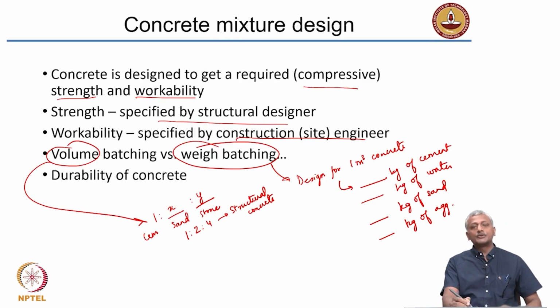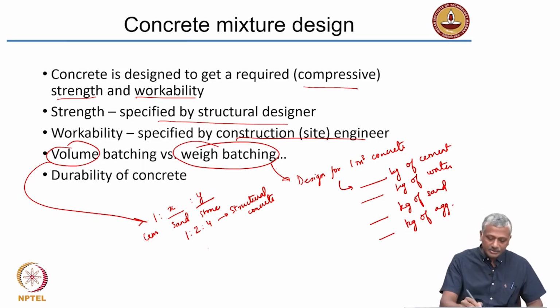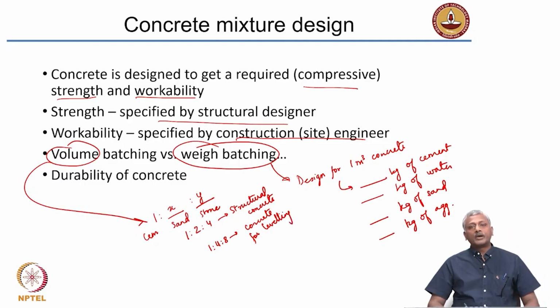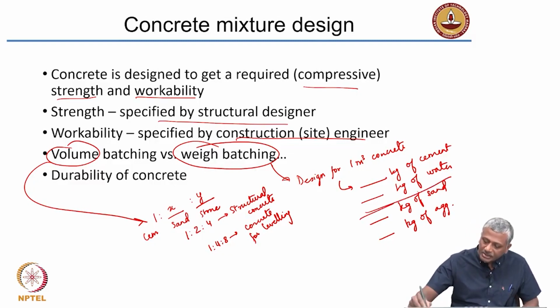For most concrete that is used only for filling and leveling applications, you will have something like 1 is to 4 is to 8 concrete for leveling. Why do you need less cement in the case of leveling concrete? You do not rely on the strength, the concrete simply forms a base layer on which the main structure is going to get constructed. So, that is basically concrete for leveling, and there you are going with 1 is to 4 is to 8. Now, what is interesting is in the weigh batching, you clearly had an indication of the